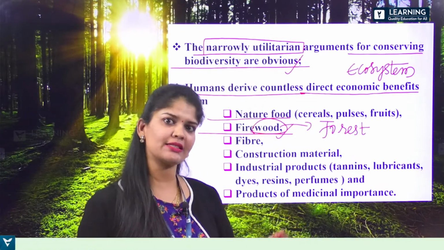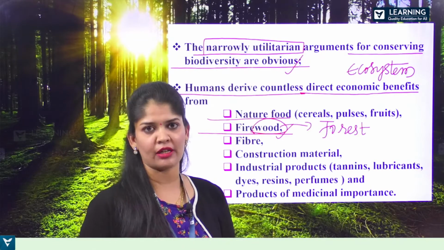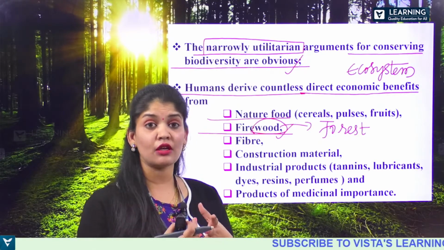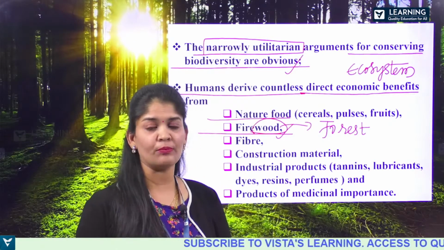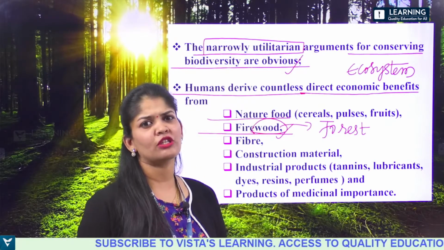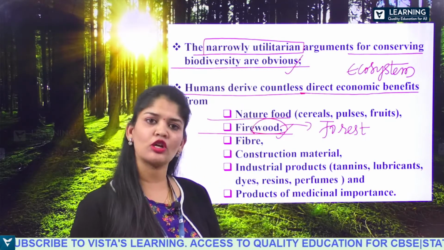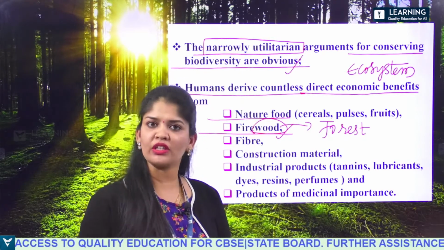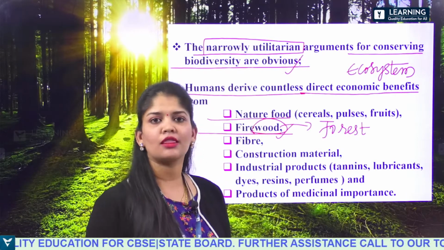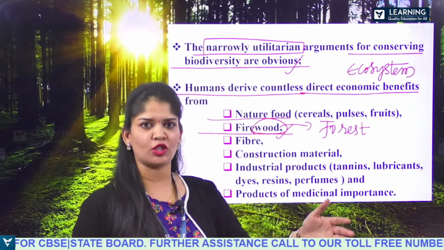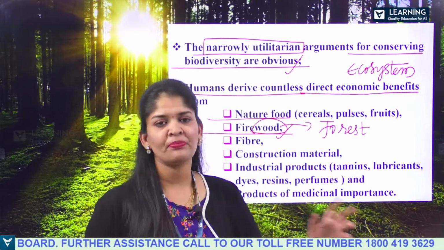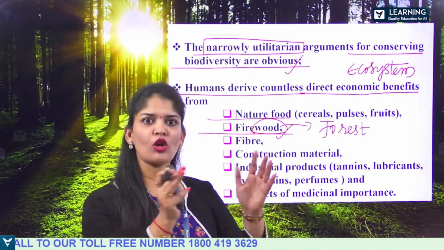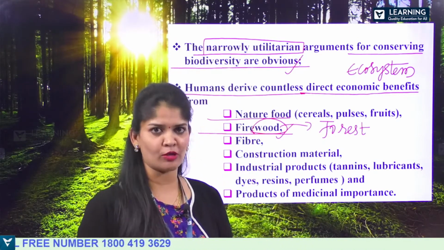In the previous class itself, we discussed the loss of biodiversity, and we saw 4 important reasons, right? 4 important categories, wherein the first reason for the loss of biodiversity is habitat loss and fragmentation. The second one is overexploitation, and the third one is alien species or foreign species invasions. And finally, we discussed co-extinctions. So these are all the major reasons for the loss of biodiversity.